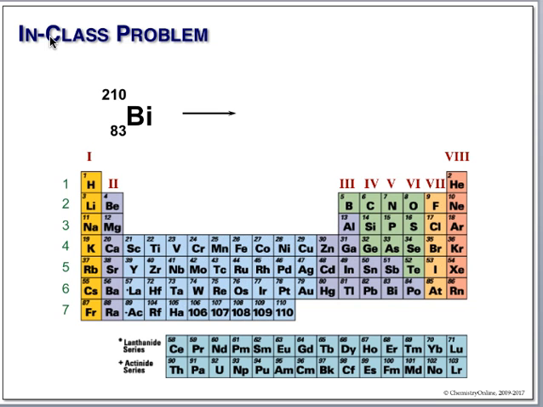Bismuth is going to lose this beta particle: 0 mass, -1 atomic number. If the atomic number drops by 1, this is going to be 82. No, I'm sorry, it's going to be 84, because we gained a neutron. It's going to be 84, so it's polonium. And again, the mass stays the same at 210. This is how you make